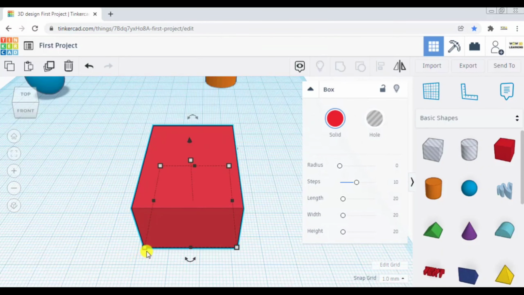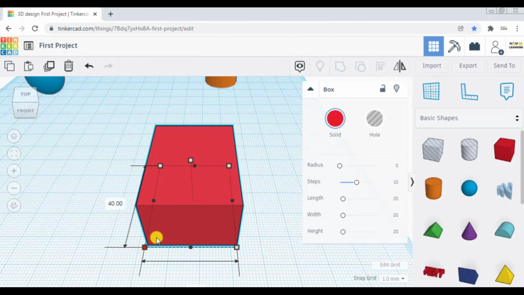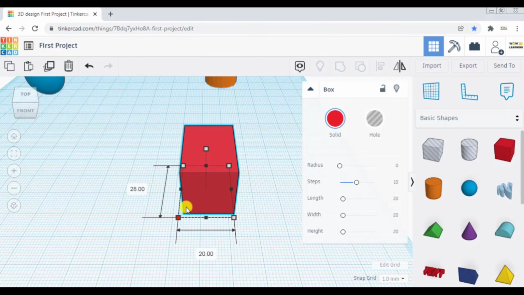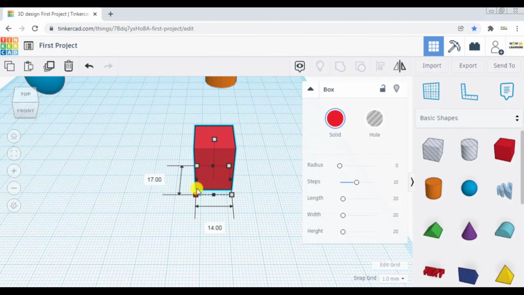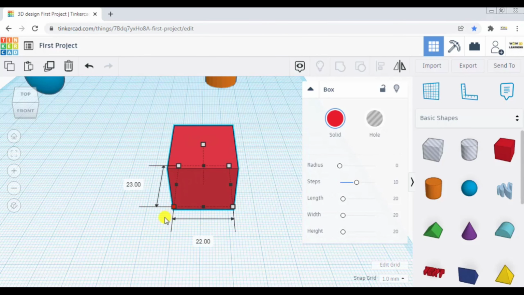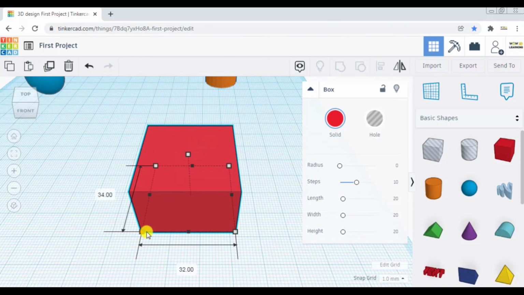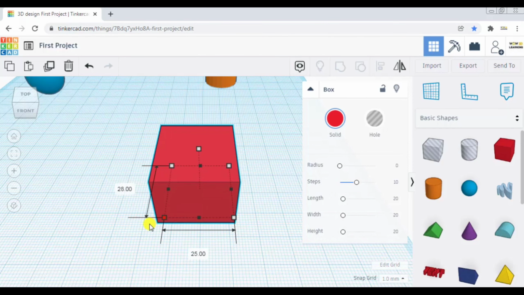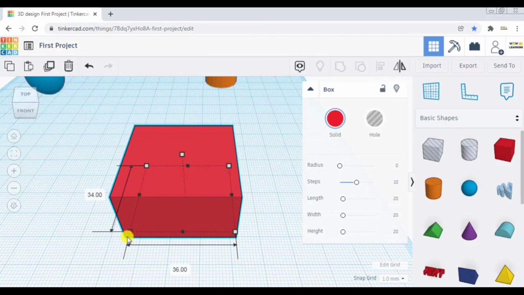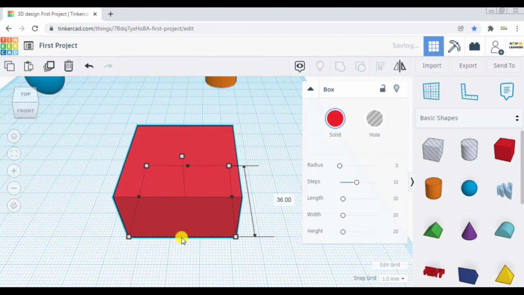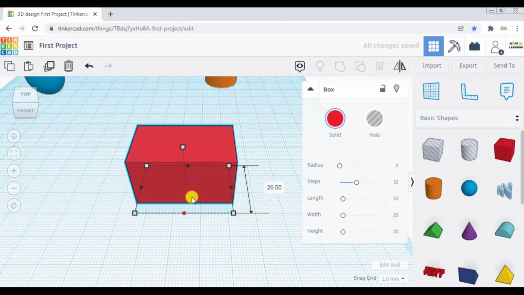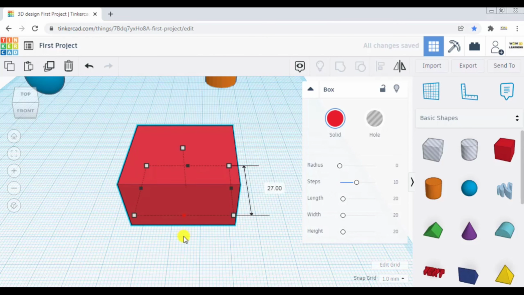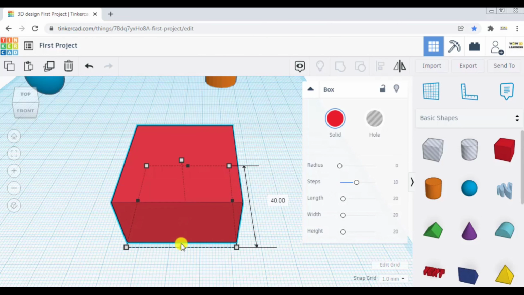Also there is another way. You can press and hold this white node and just adjust the shape. You don't have to put in a value manually, rather you can adjust it by dragging it in and out. So when you press on a white node, you can see the dimension changing in two directions. Similarly, if you press on any black node and drag it, you see the dimension of the box changing in only one direction. So this was the function of the black node and white node.